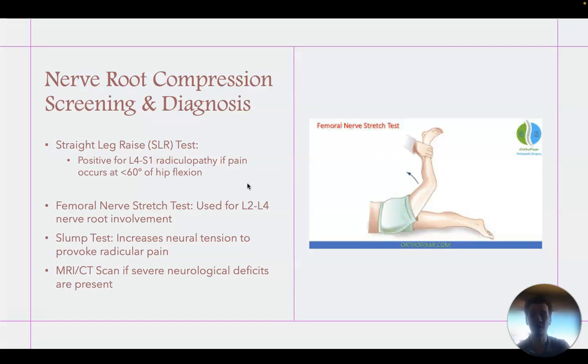So we have the straight leg raise, which is used for L4-S1 radiculopathy, and it's positive if pain occurs at less than 60 degrees of hip flexion. We have a picture of the femoral nerve stretch test, which is used for L2-L4 root involvement. We have the slump test, and then we also can use MRI and CT scans if severe neurological deficits are